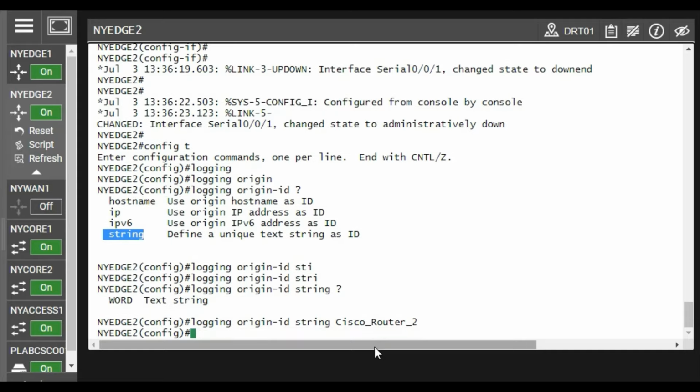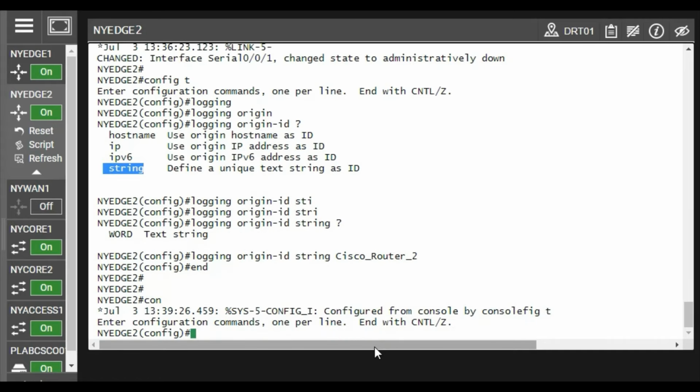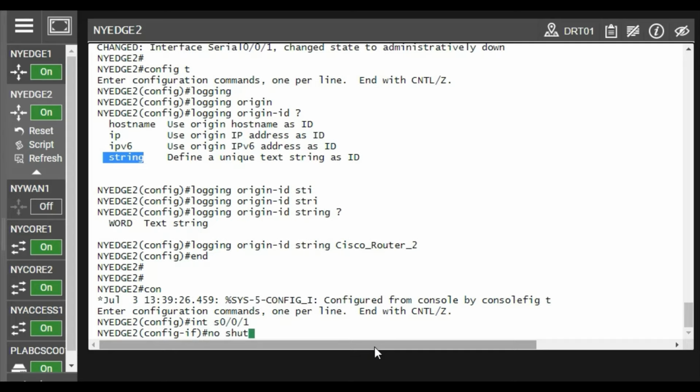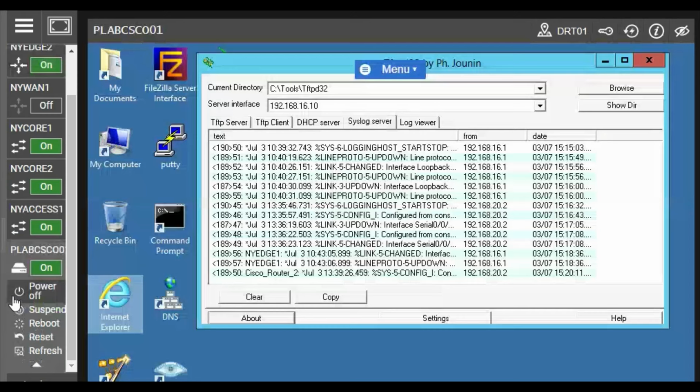Okay, and generate the logs for this: interface serial 0/0/1, no shut, and shut. Then go to the server and get the logs.